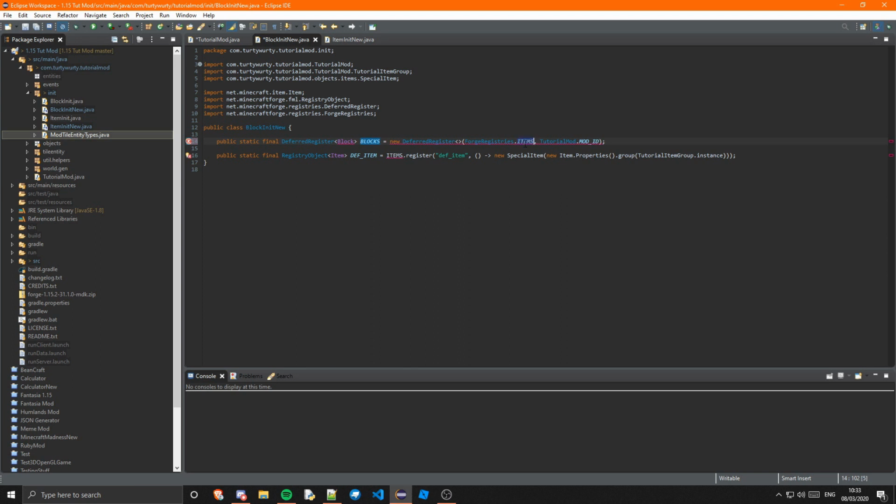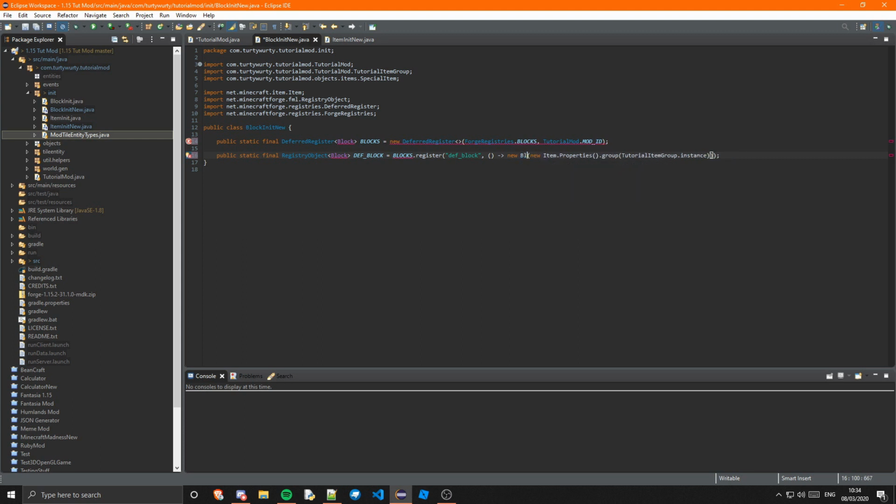Forward registries dot blocks, a new registry object of block, and deferred underscore block, and that's going to be blocks dot register, and we're going to register def underscore block,